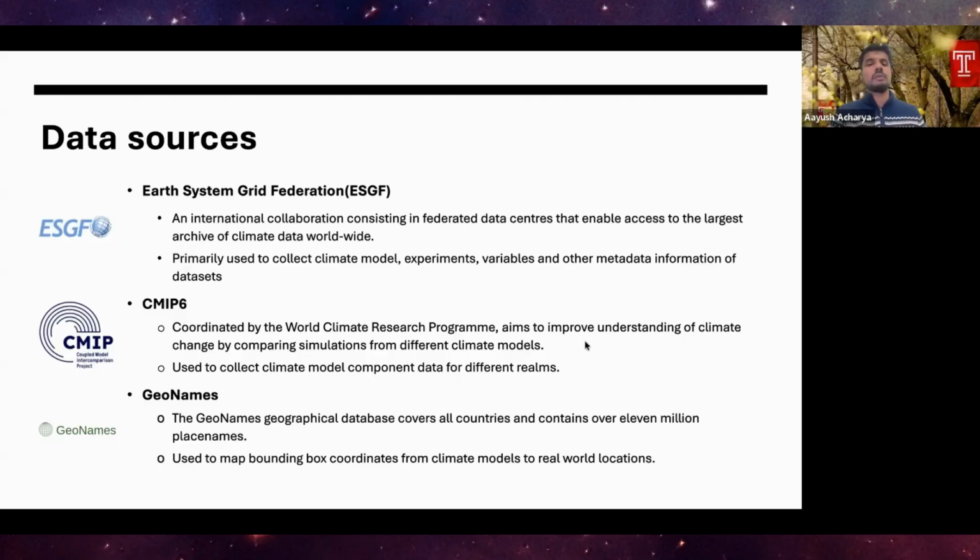So with GeoNames, what we do is we collect all the place names from geographical databases: cities, countries, water bodies, sub-country regions, continents. So with all of this data, we calculate from the bounding box and the domain provided by ESGF. We connect climate models, regional climate models specifically, to the specific regions that they provide predictions for. And through this, we ground them to specific regions and not to geographical boundaries as such, making it more usable.